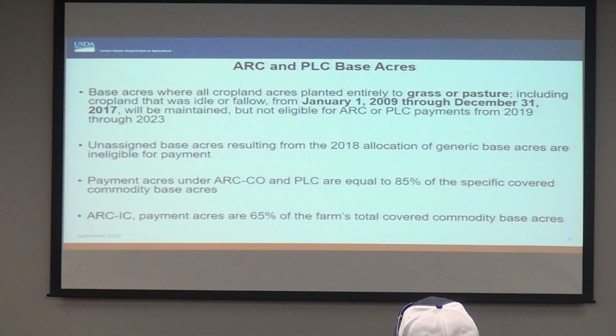If the cropland acres were planted entirely to grass or pasture, including idle or fallow, from January 1, 2009 through December 31st of 2017, those base acres will stay on the farm. However, under this farm bill, they're not eligible for payment. So you're looking at the years 2019 through 23, acres planted to grass are basically not eligible for